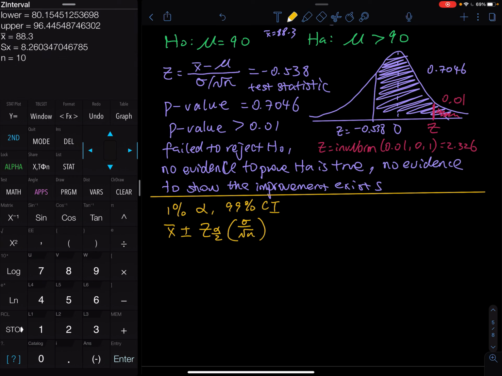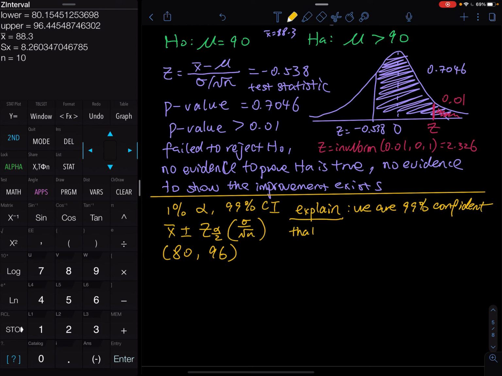The confidence interval is 80 to 96, right? Let's just round this to the nearest integer. So this is 80 and this is 96. So what does that mean? Explain these two numbers for me. That means we are 99% confident